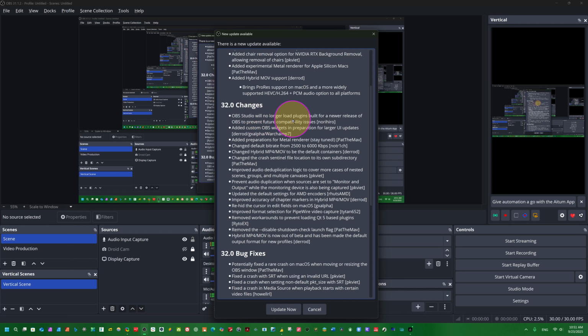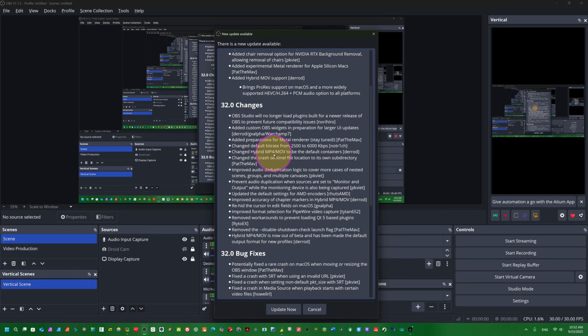OBS Studio will no longer load plugins built for a newer release of OBS to prevent future compatibility issues. Added custom OBS widgets in preparation of large UI updates. Added preparation for the Metal renderer. Changed the default bitrate from 2500 to 6000 kbps.